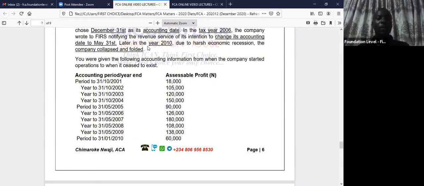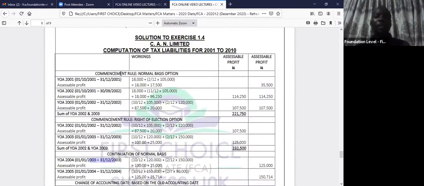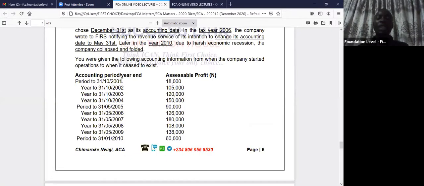Now, the first year is 2001. It starts from the date the business commenced down to 31st December of that same year. And if you look at the account, for some strange reason I don't understand, the accountants kept bringing up to October instead of December that it told the revenue service. It kept bringing up to October, and October. What do? You need to convert to December.